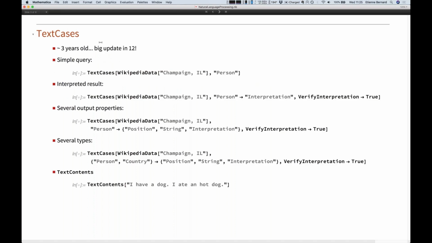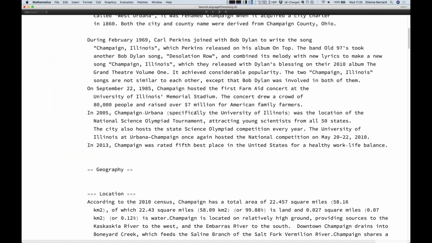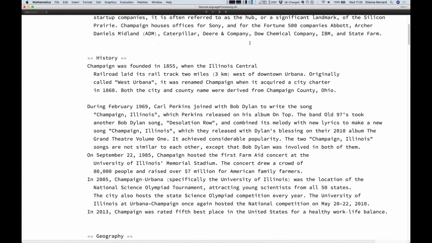So TextCases, it's a function we started 3 years ago. But we did a big update in 12. So the idea of TextCases is to analyze a text. So this is the text from Wikipedia. Hopefully it's going to load it. And from this page, exactly, so it's a big string, okay? From this string, we want to find all the XXX.